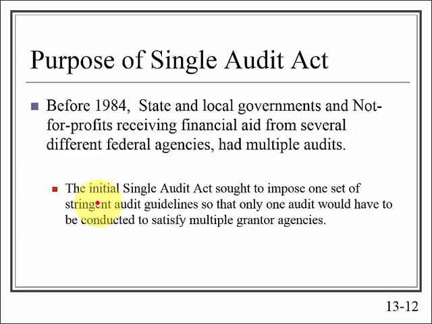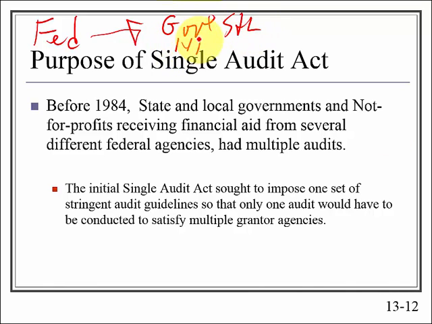So let's talk about federal required audits. The federal government has lots of agencies like the Department of Defense and Health and Human Services, and it gives these grants or awards to other governments, the so-called state and local governments, or non-profit organizations. So you have lots of programs, lots of departments receiving lots of grants from lots of different federal agencies. And each one of these grants may require an audit. So there's going to be lots of audits here, but that would be inefficient.